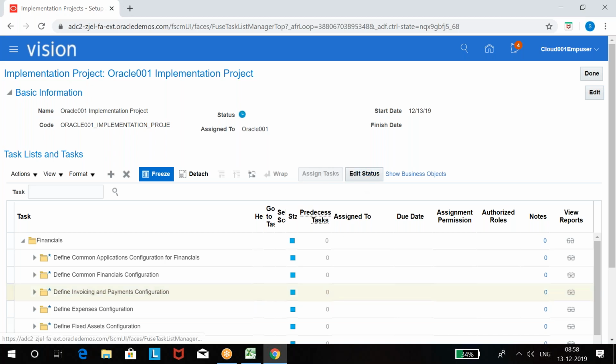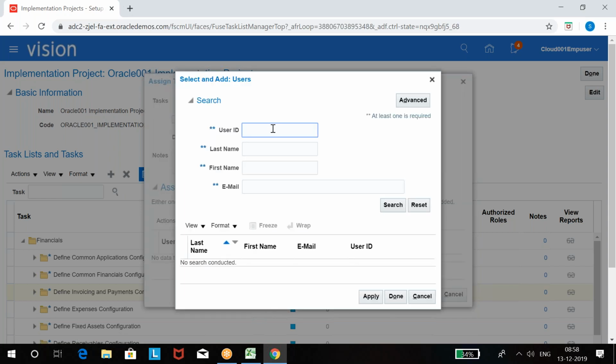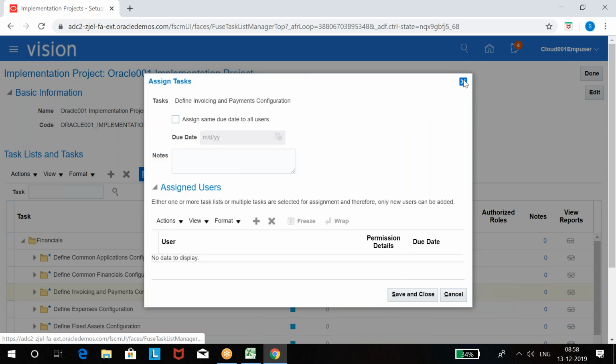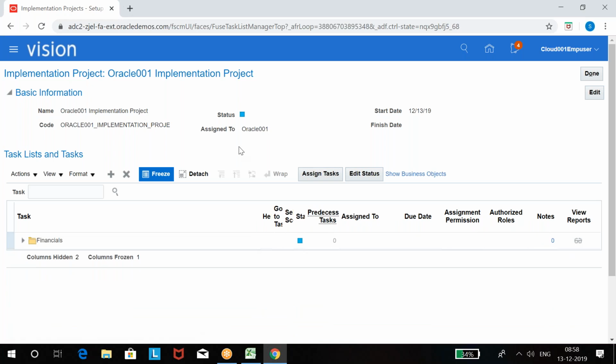Assign task. And I can add Hema as a username. I can find Hema as a username. I can give this task to Hema. And when Hema logs in with her username, Hema can see this task and Hema can work on this task. Yesterday I said you can assign tasks to some other user also, right? So this is the way we can assign a task to some other user if you want. Now it is not required to assign. So you can assign tasks, you can change the status of the project.